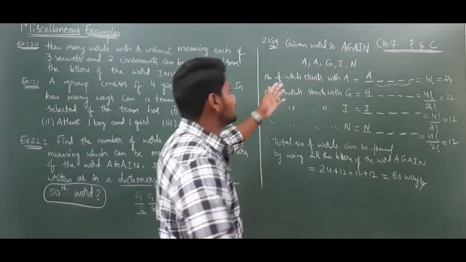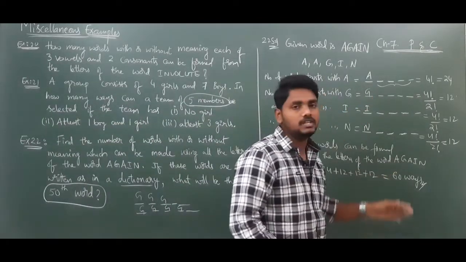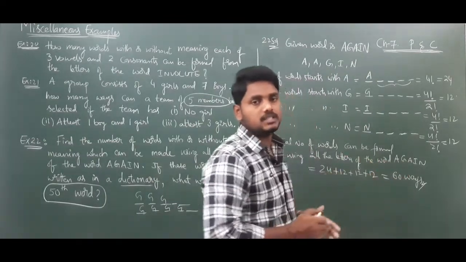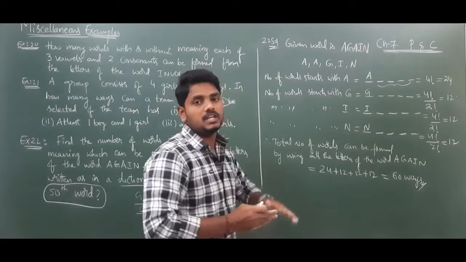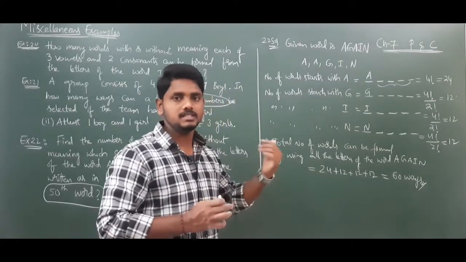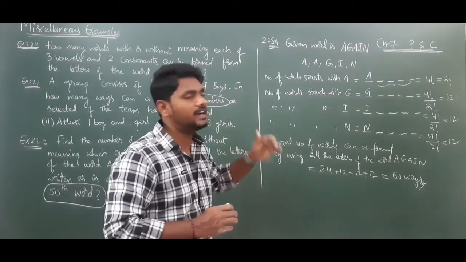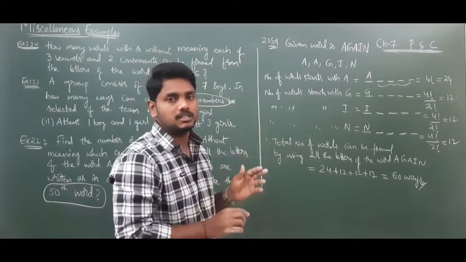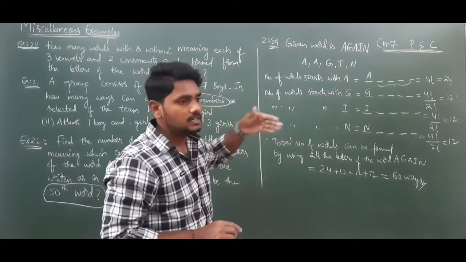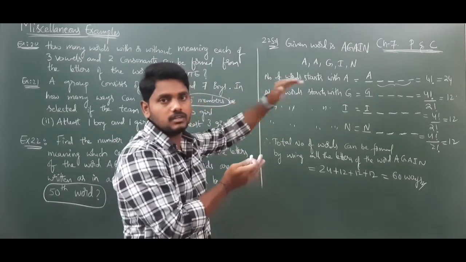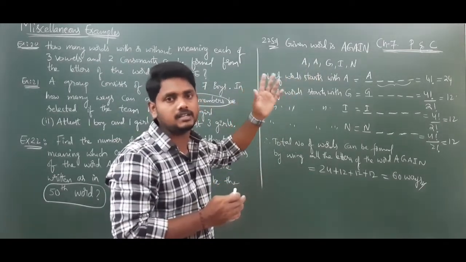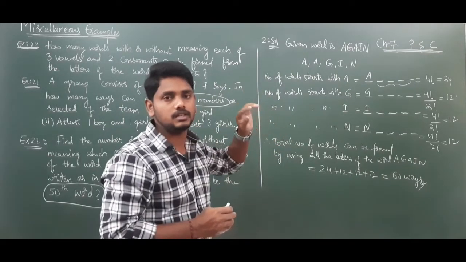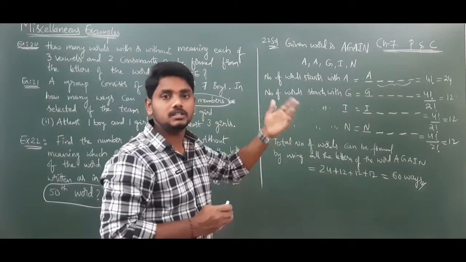See here, by using this word again we have formed 60 words. 60 ways are nothing but 60 words. In those 60 words, what is the 50th word? In the starting introduction of how to find rank, we found the rank of SKY. Sky's rank is third. That means out of those 6 words formed using the letters of SKY, the third word is SKY. So the rank of SKY is 3.